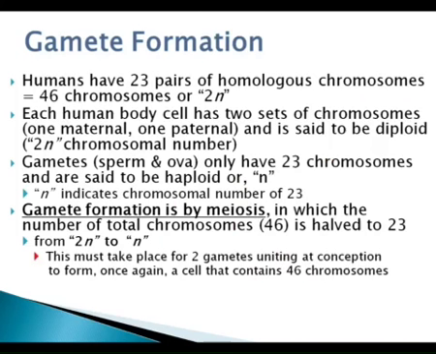Anyway, okay, so we get gamete formation. In meiosis 1, we have it from 2N to N. Why do